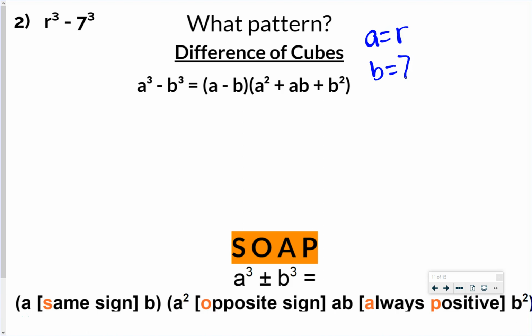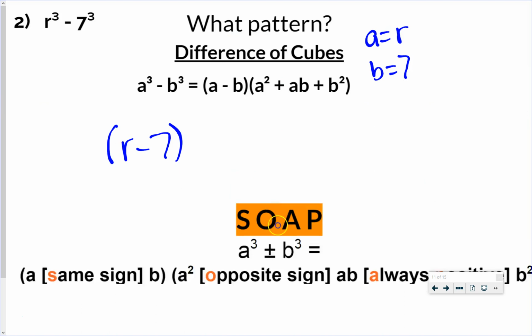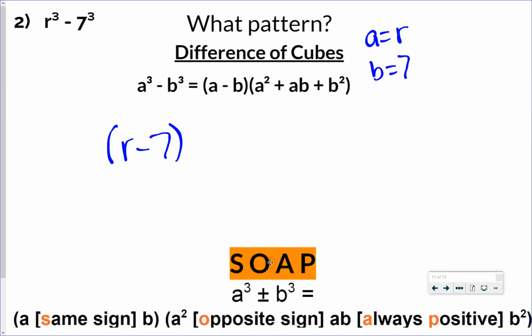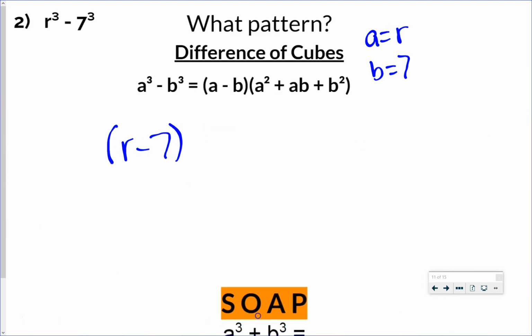All right, so let's set it up. What's my first parentheses going to look like? R minus 7. Remember, SOAP, same sign. It matches with what you start with. Now, I need a squared. It's always going to go a squared, ab, b squared. So a squared is